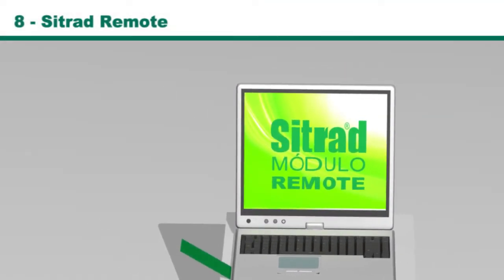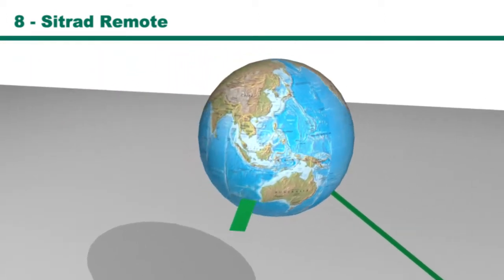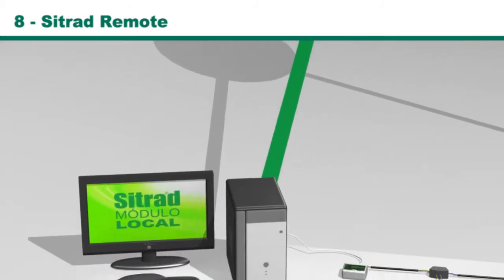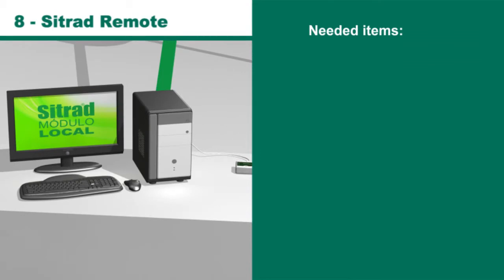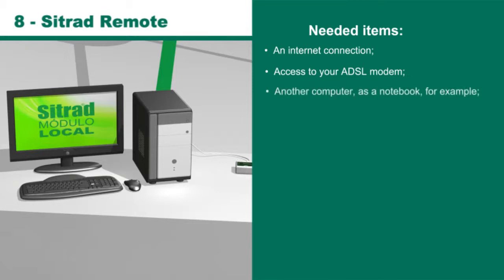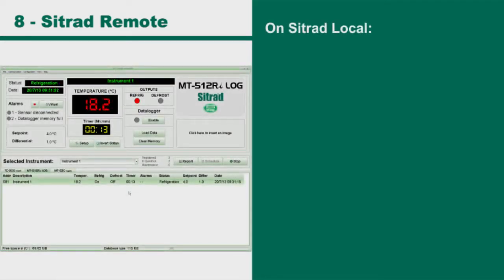8. Sitrad Remote. This remote is installed on the computers that will access the local module via Internet, so it can remotely manage the Sitrad local information, and can be installed at home, on your PC, or in any other computer you want to have remote access to your installation. For this installation, we need an Internet connection, access to your ADSL modem, and another computer, such as a notebook, for example. Remote Access Manager. The Remote Access Manager is responsible for connecting the Sitrad local to the Internet and other